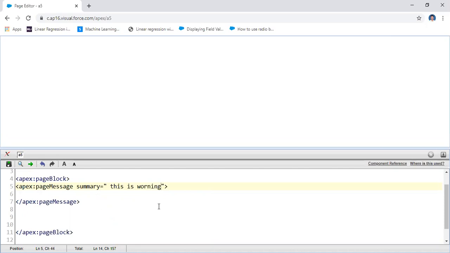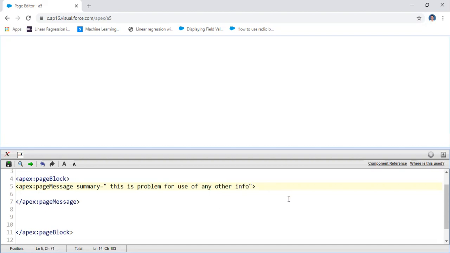Let us assume this is a big problem, like the problem now, any other information. Now, let us assume a simple message.